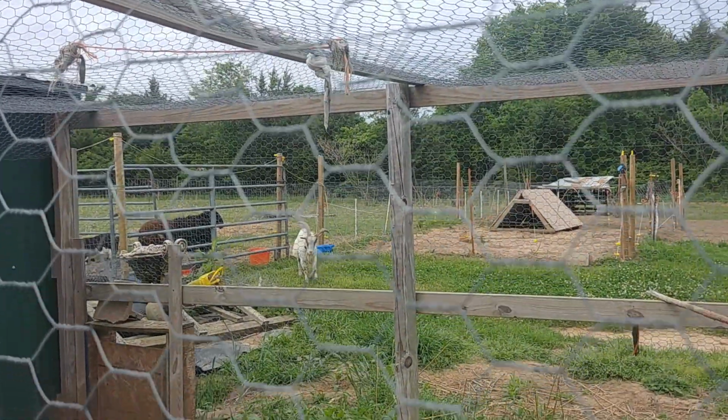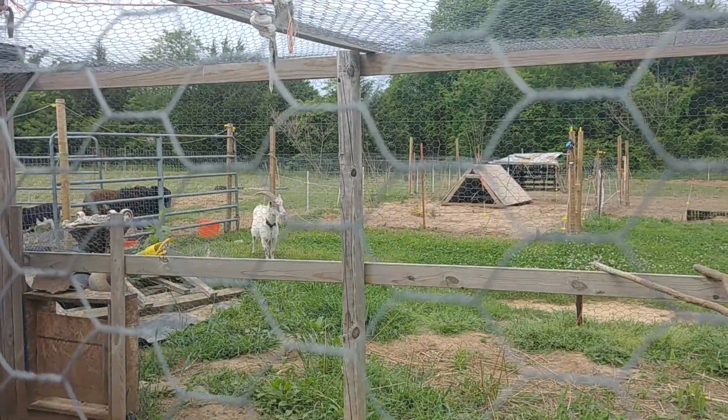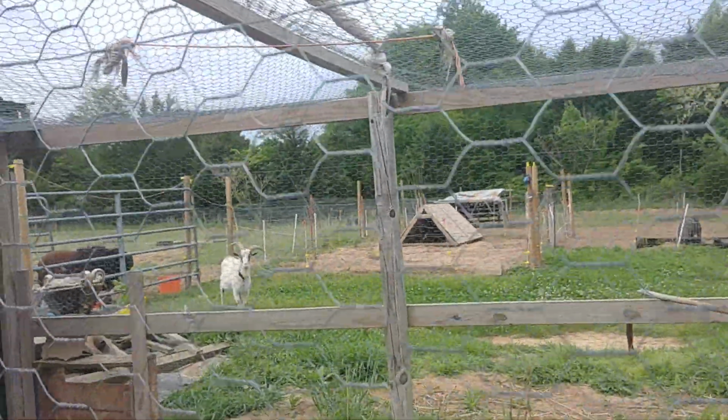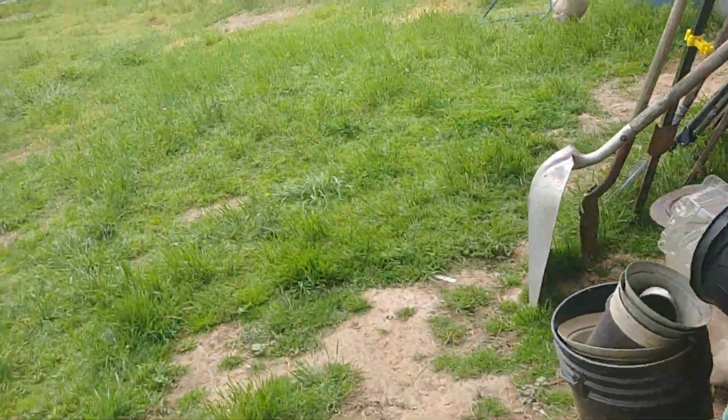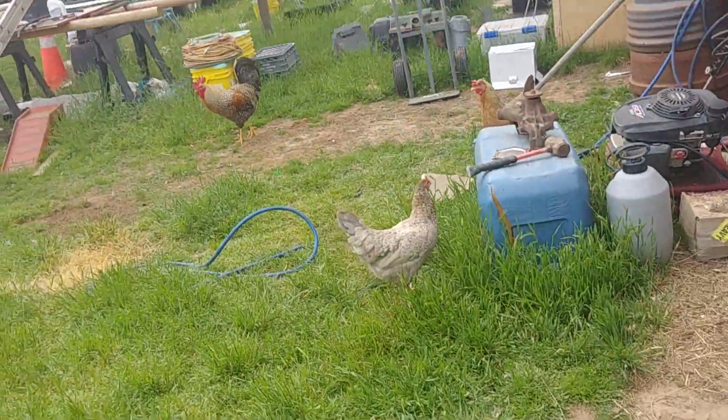Billy broke his horn. We don't know how. Poor guy. He was gorgeous. Now he's got a crooked horn. I mean, he's still pretty. I do not know why my rabbits are not breeding. They're just probably too fat. I gotta get some fertilizer on the...